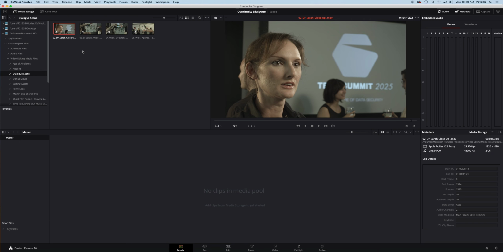It could work. But your actors sometimes can be unpredictable. They're not going to act exactly the same. And you're never going to be able to put those two together. It just doesn't work. Right? For all we know, your actor might be looking up a little bit on the other and then looking down a little bit. It's not going to work. So that's why there's multiple takes for safety and variations in performance.